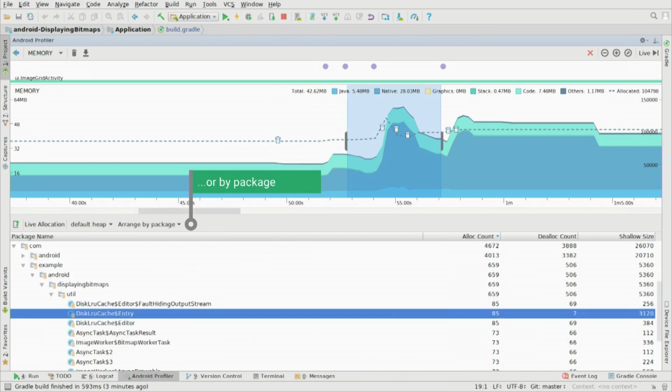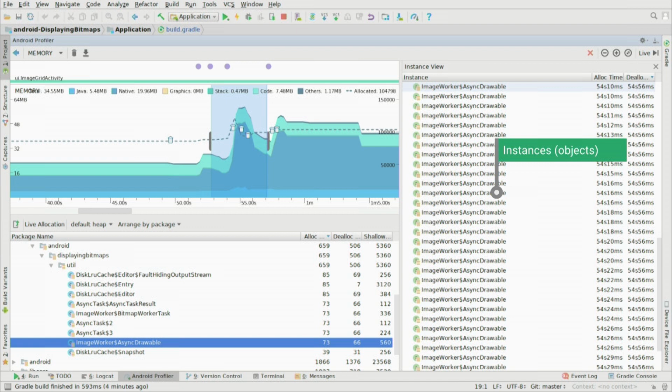Now, there is another option that we have, which is very interesting, which is arranging by package. In most of our apps, we have a lot of third-party libraries added so that we reuse some of the code. You might want to work on only certain parts of your code and optimize it to the best, leaving aside code that you don't actually have access to. You're just using the library in that case. So one of the things you could do is select by package and avoid all the packages that you're not interested in focusing on, and then select just the ones that you want to work with, thereby improving those packages and the code that you've actually written.